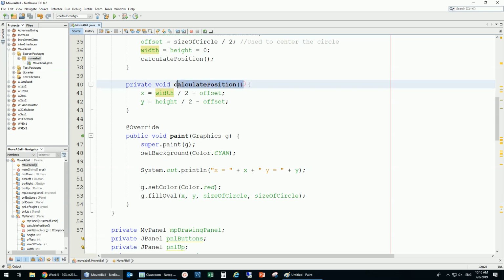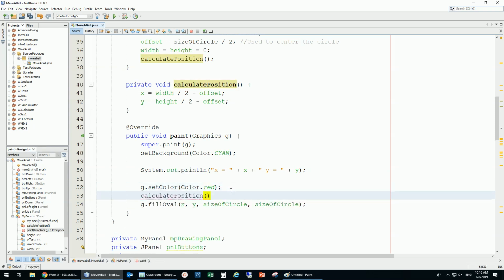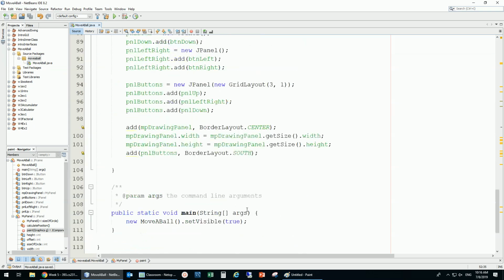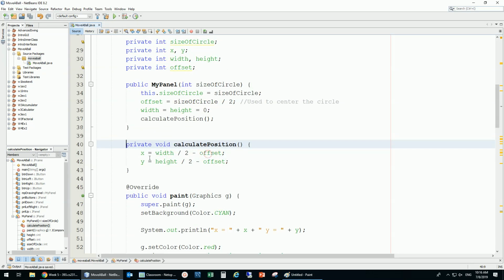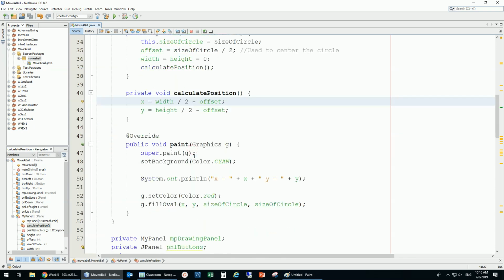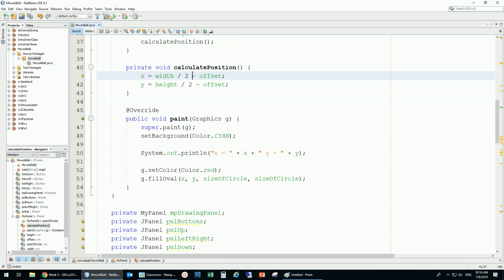And you know what, this calculate position, I'm going to use it here before, no, not here. If I do it here, it's going to always be called. I'm going to call it later here, mp.panel.calculatePosition. Now this calculate position is going to set the x and y to be at the middle of my panel, and then by the time when I'm going to call this to run,